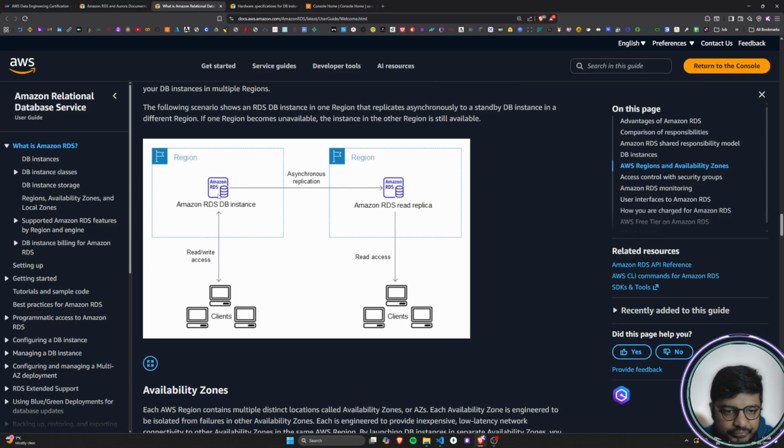You can see here that this main database instance has both read and write access, and the clients can access this database. Maybe this one is in the USA region, and this can be, let's suppose, in the Europe region. So the clients are working perfectly fine. This is our RDS instance, we have our application running, and the clients are able to do both read and write operations to